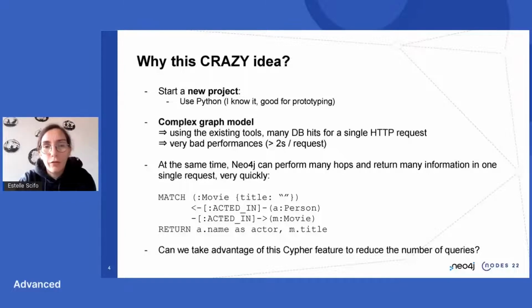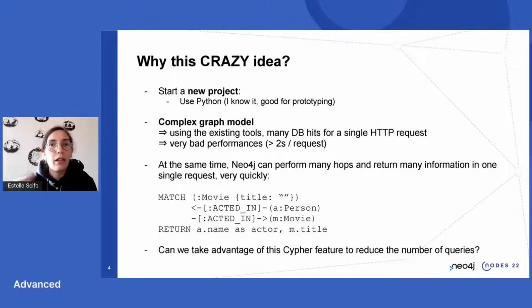And so it was natural for me to use Python, which was the language I was more comfortable with, and is also good for prototyping. So that was easier. At the same time, we had quite a complex graph model. Complex means that we had a very unstructured and exploded model. Exploded meaning that to build a given object, I had to do multiple hops into the graph to retrieve all the attributes that were important for me.